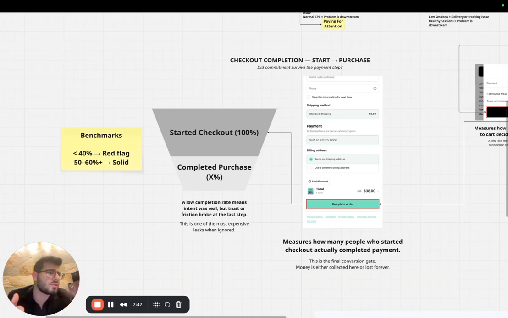They could have gotten a notification, they leave, they could have been scared because of the price or anything. This is why most people that want to start retargeting, they retarget at that stage. The leads are the warmest here. And this is one of the most expensive leaks when ignored. Now,